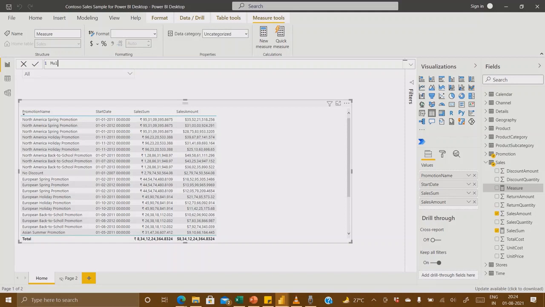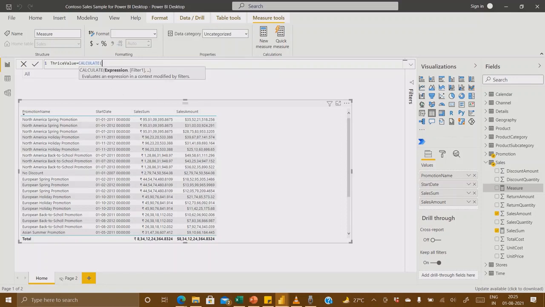I will name it multi thrice value, and now I will take sales. It won't take it like this, and I will tell you why later. So I have to write CALCULATE first.